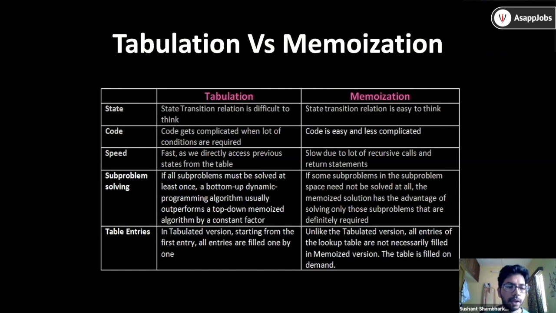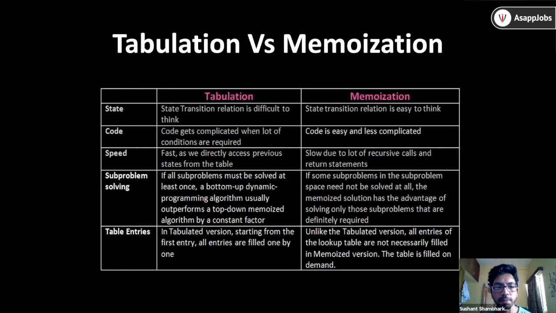There are some problems which require a lot of conditions, like the longest increasing subsequence problem. In that problem, where you are given two strings, you have to find the longest subsequence in those strings, and there are a lot of if and else conditions. When you're coding using the memoization method, you can easily code it, because all the conditions will be given in the problem. You just have to implement those conditions in your recursive function and come up with the result. While in tabulation, you have to scratch your head a little bit to come up with the conditions.